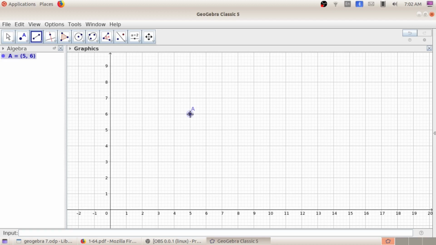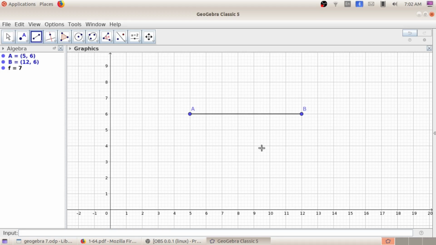Just make a click and move your mouse. Don't drag, you just make a click and leave the mouse and move your mouse and just make the second click here. So now we have drawn a line or segment.